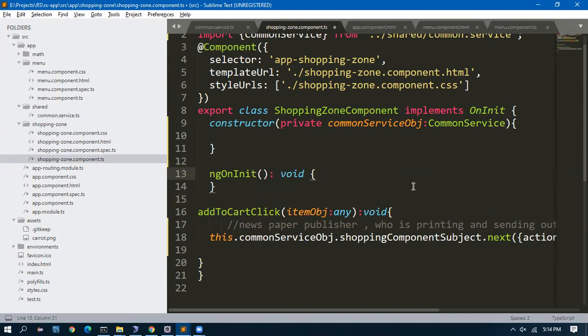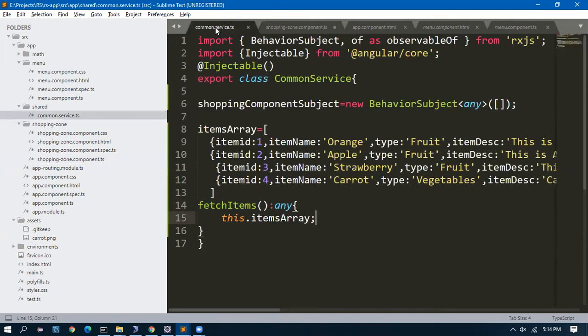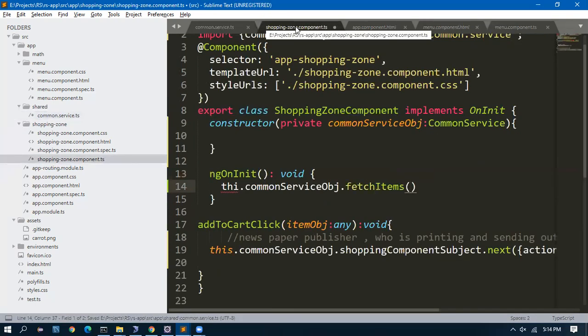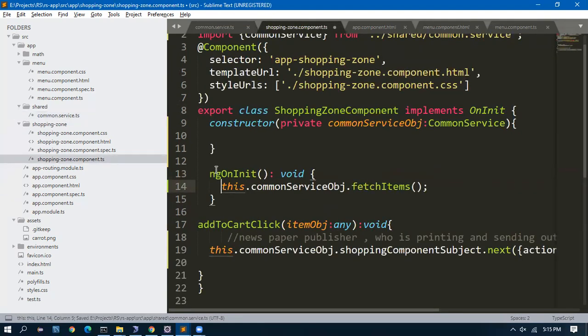In the init method, I will call this dot common service object dot fetch items. I have to make it public. Fetch items is going to return this dot items array. So this items array, I have to capture it here.